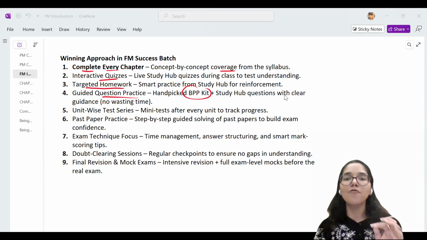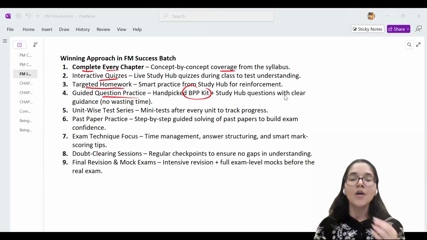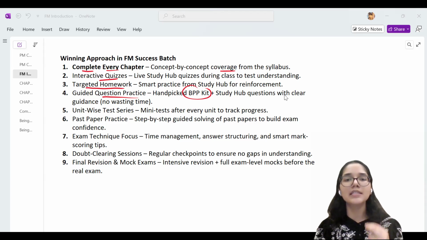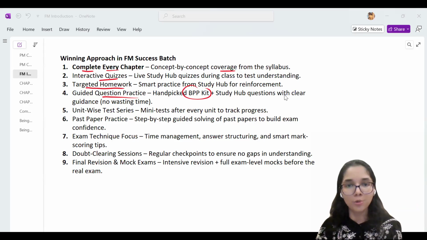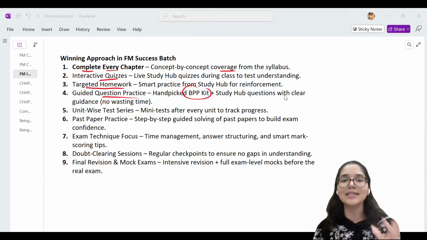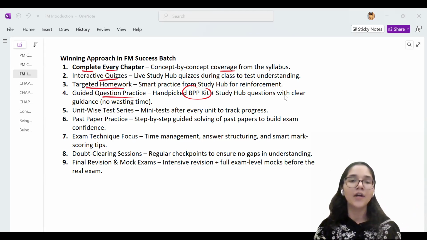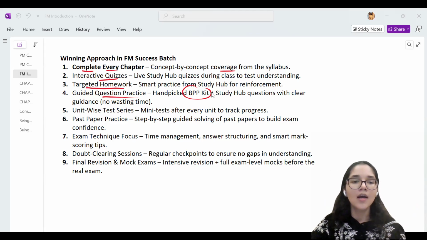Why? Because ultimately your final exam has to happen over a computer. So you should get into the habit of studying and practicing over a computer itself. This is especially important for our Asian students. Why? Because we are very much in the habit of doing everything on pen and paper. Our school, our college, everything happens on pen and paper. So once we are switching to an international qualification like ACCA, we have to adapt to this computer format. So it becomes very important that we practice and study over the computer itself. All right, Umar, I'll share the soft copies of the kits with you after this session.